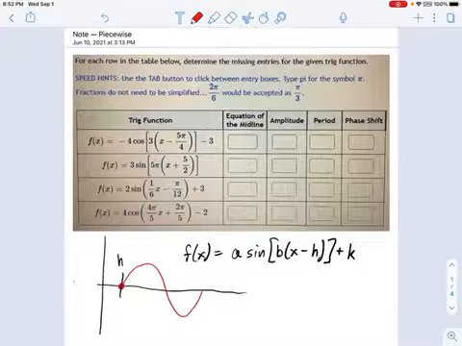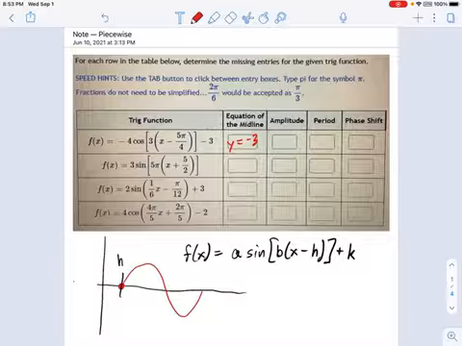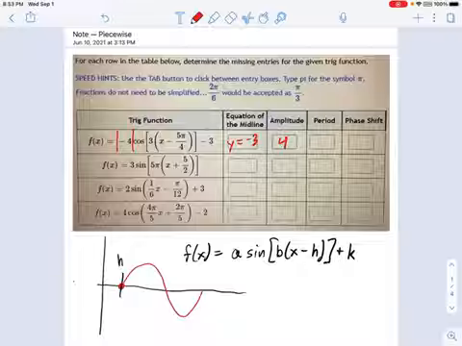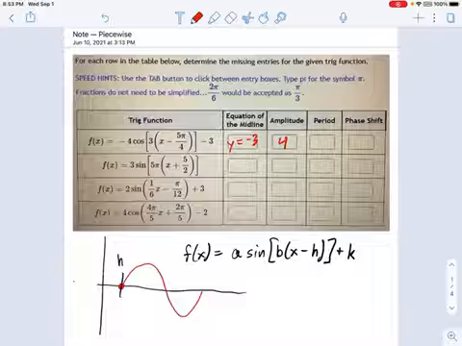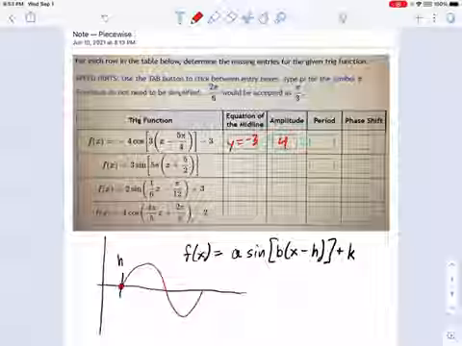And a lot of these things are not going to change from what we saw before, like midline and amplitude. They don't care what the phase shift is, so we can just do these like before. Y equals -3. Okay? Amplitude on this one, 4. Remember, we do the absolute value of the multiplier that's in front of cosine. We don't worry about the vertical reflection when we talk about the amplitude, because a wave that goes 4 units up will also go 4 units down. It's just in terms of its bigness that we talk about amplitude.